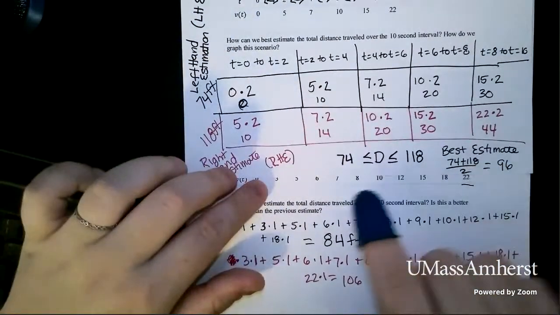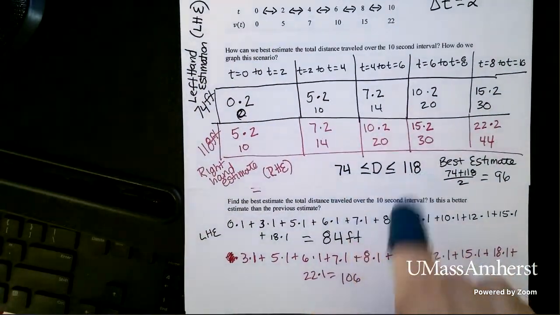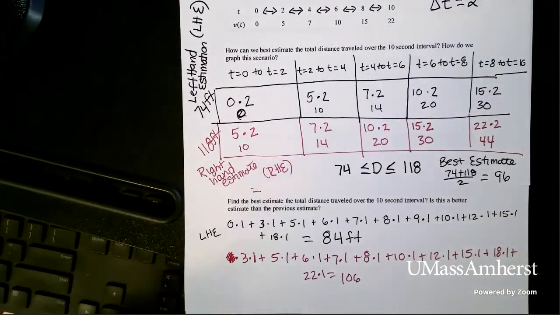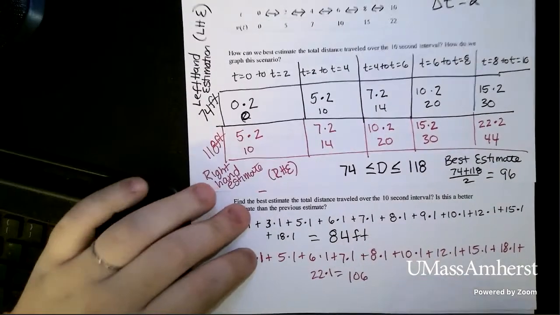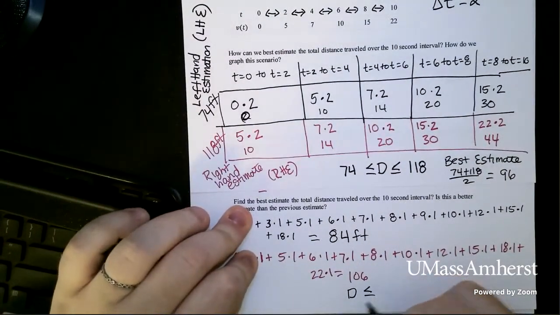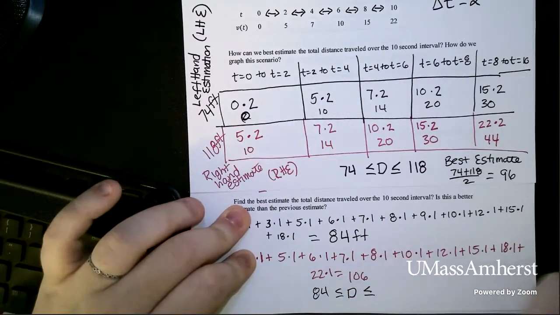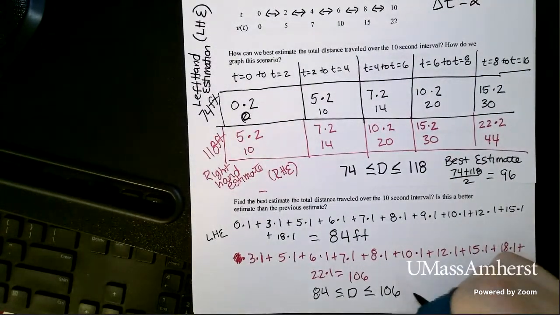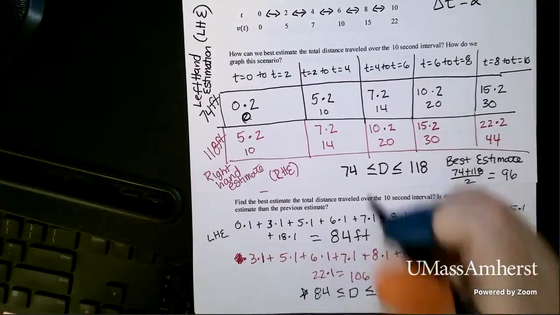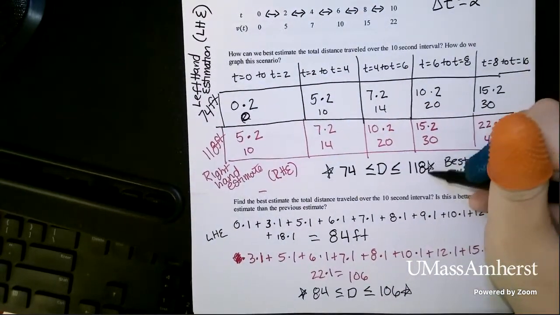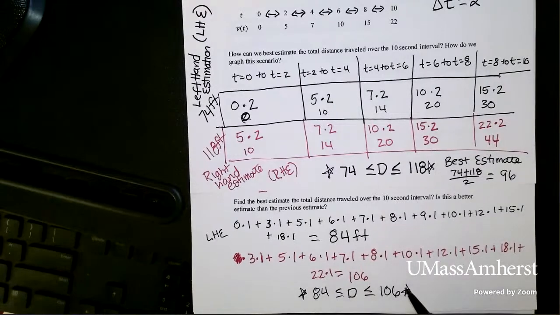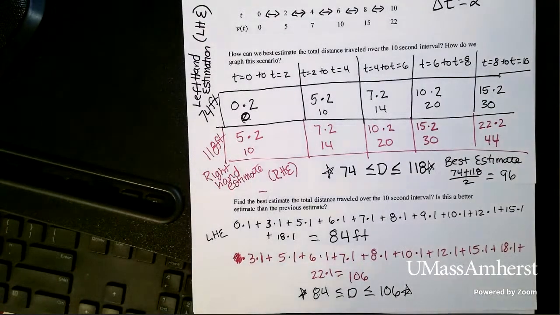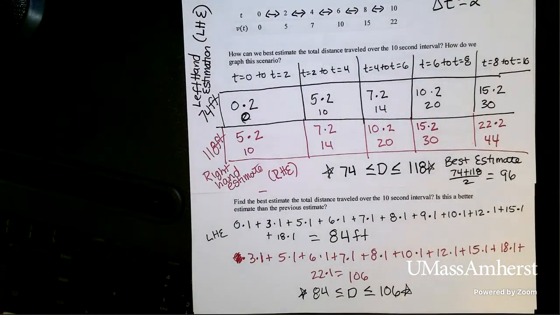So let's go here for a second. Before, we knew that our total distance had to be between 74 and 118. We then changed our delta t to 1, and now we know our total distance has to be between 84 and 106. So this new interval is smaller than the old interval, right? So this is a better approximation because there's less variance. Our interval is smaller. So what that tells me is that the smaller my delta t is,